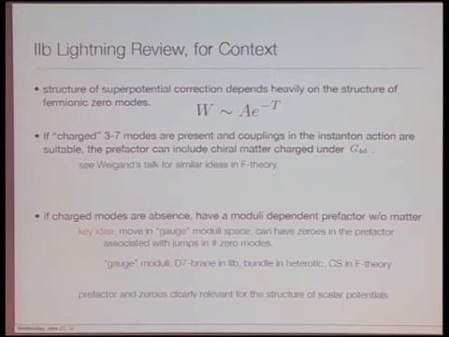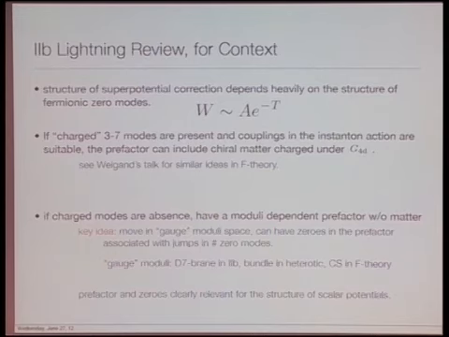On the other hand, if the charged modes are absent, this moduli-dependent prefactor doesn't have any matter fields in it. But the basic idea is that as you move in what I'll, for the time being, call the gauge moduli space, at certain codimension 1 loci, you can get extra fermionic zero modes that will cause the prefactor to vanish. And that's associated with a jump in the number of zero modes, much like the associated jumps that Laura was talking about in her talk in a different computation in the heterotic string.